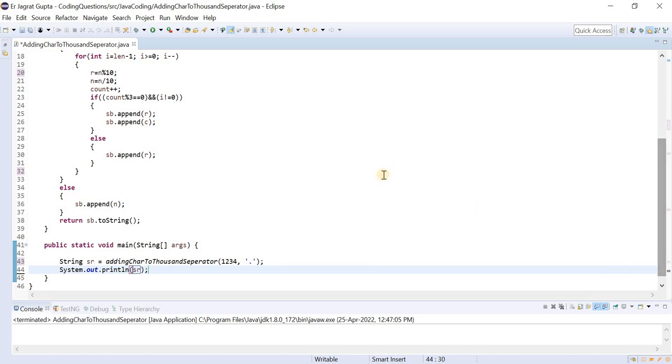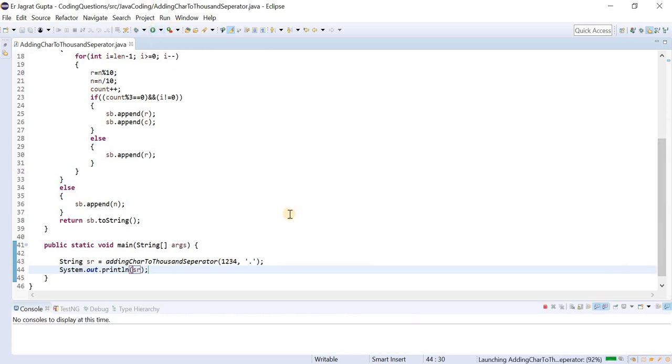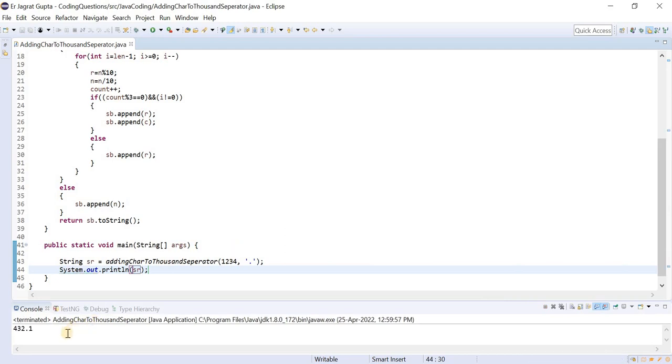Okay, so let's run this and let's see what will be the output. So you guys can easily see that if we put the input 1234, then the output is 432.1.